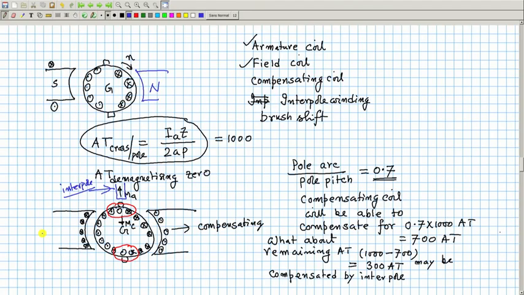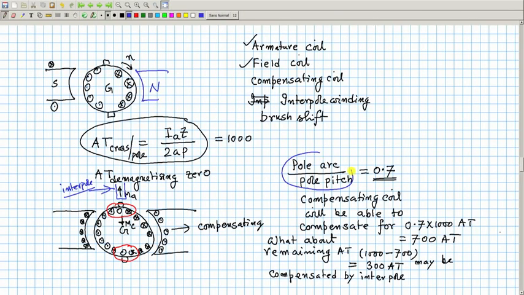And at rated current in a large machine, we know the flux per pole will effectively be slightly reduced. Out of this total 100, how much of it can be compensated by the compensating coil? Maybe about 70%. To be very precise,